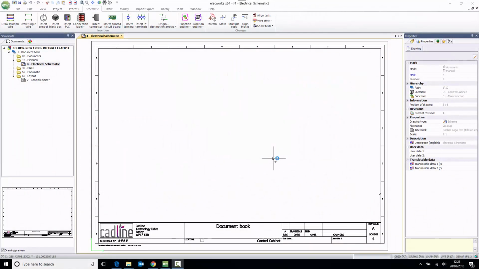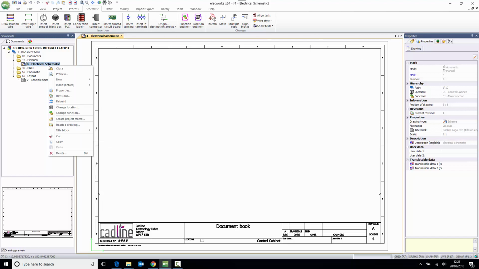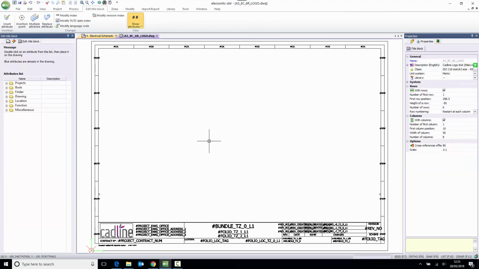This video explains how you can set up column and row cross-referencing. If you note, my columns are numbered 1 to 8, my rows are numbered A to F. If we open up the title border, you will see that 8 columns have been added and 6 rows have been added by using the Add Attributes,